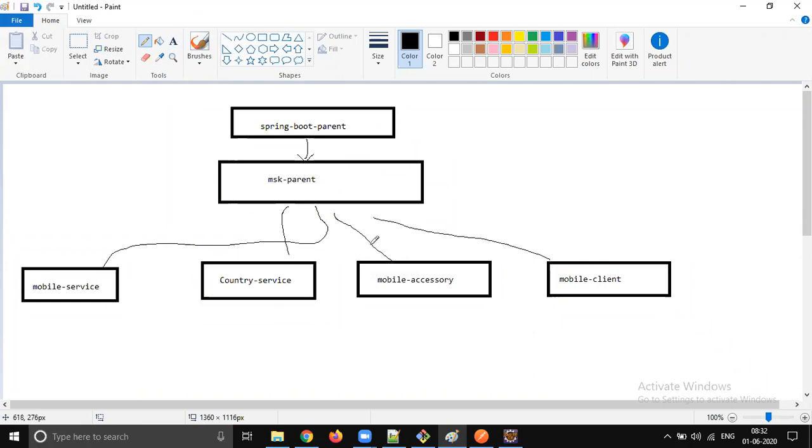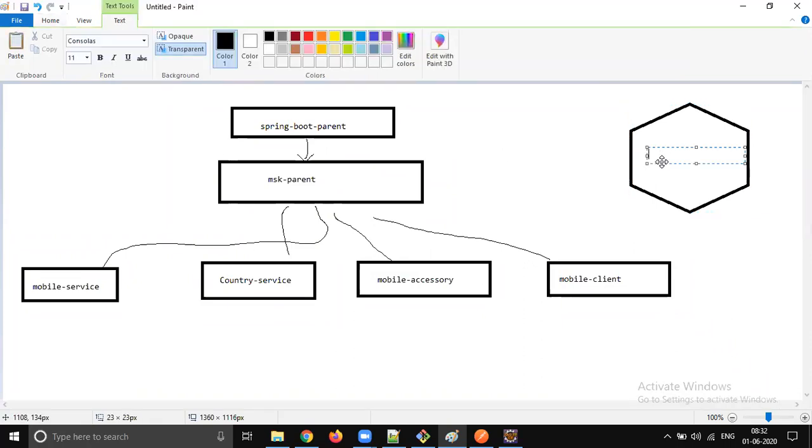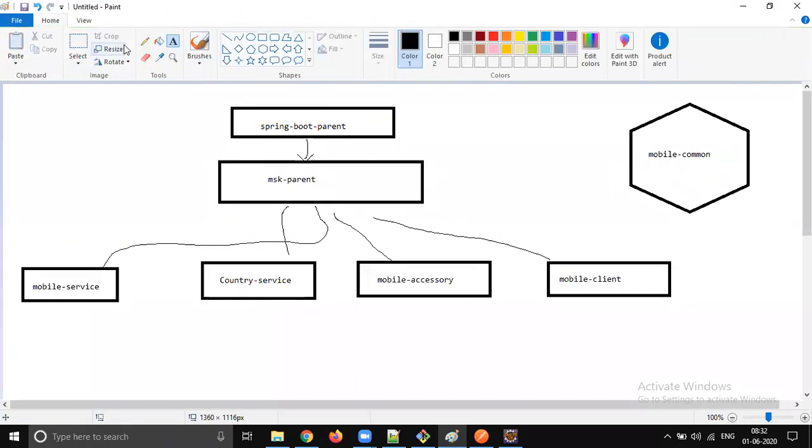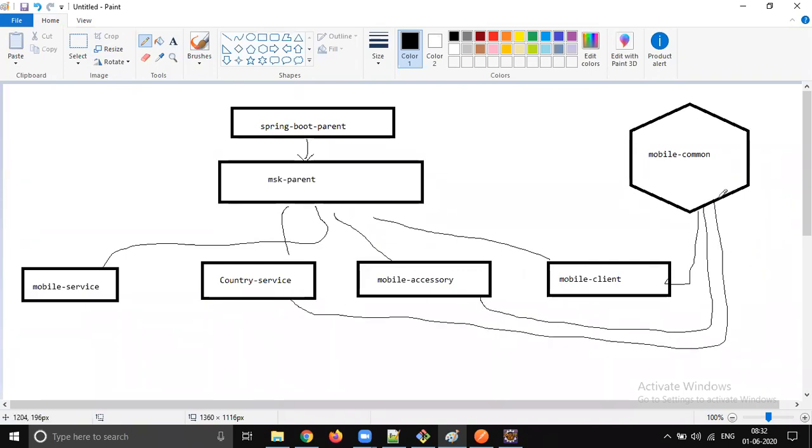Like this, the hierarchy is going to be created, and we will create another project called common. We will keep all the common code here, and this common is a simple jar file. It is not Spring Boot. It's going to be linked in every application. So these are utility files. Instead of duplicating the code in all microservices, you will put it in common, so that common is used in all these microservices. So this is how our architecture should look.